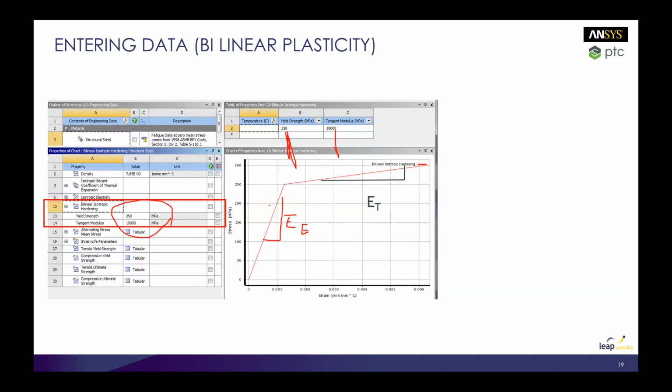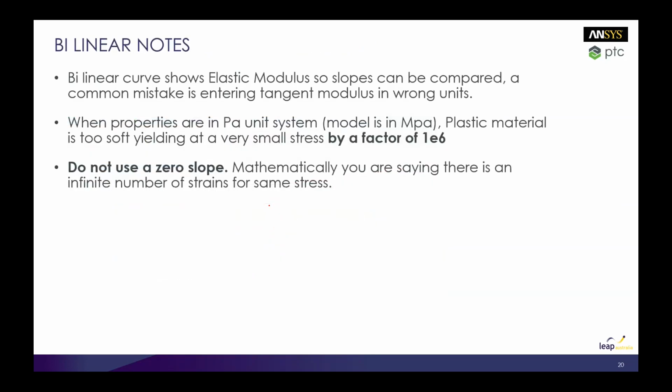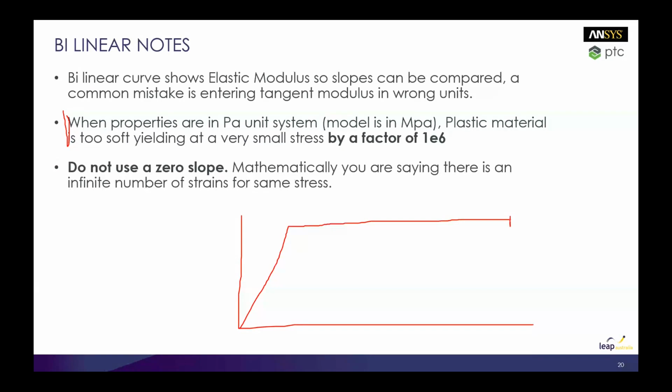Okay, so again, that's just highlighting that there. Just make sure you enter it in the correct unit system. So try not to use a zero slope. When I say that, I mean a tangent modulus of 0. So always use a very, very shallow slope to represent elastic perfect plastic behavior, because mathematically you're saying for one stress,